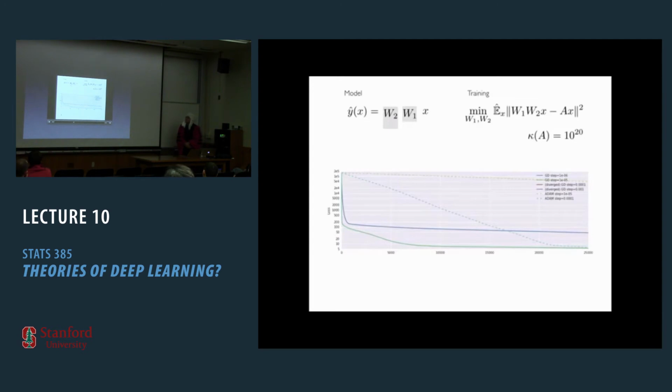It looks like gradient descent goes really fast at the beginning, and then it just seems to peter out. You might say this is a local minimum or a saddle point. That's not a local minimum, and it's not a saddle point. The gradient magnitudes are nowhere near 0. You might say it's hitting some statistical noise floor of the problem. That's not it either. This is not a statistical noise floor. I can compute the expectation of the loss, run gradient descent, and get the same curve. This is not due to randomness.